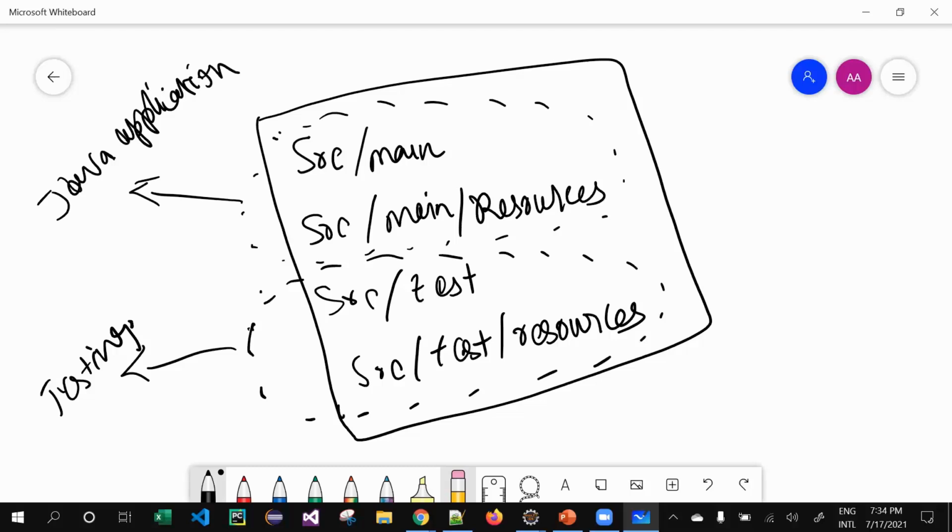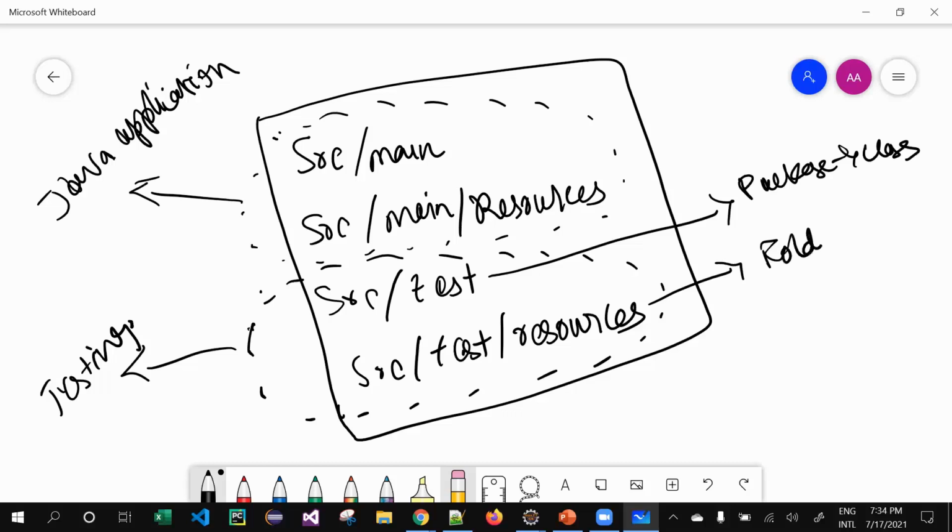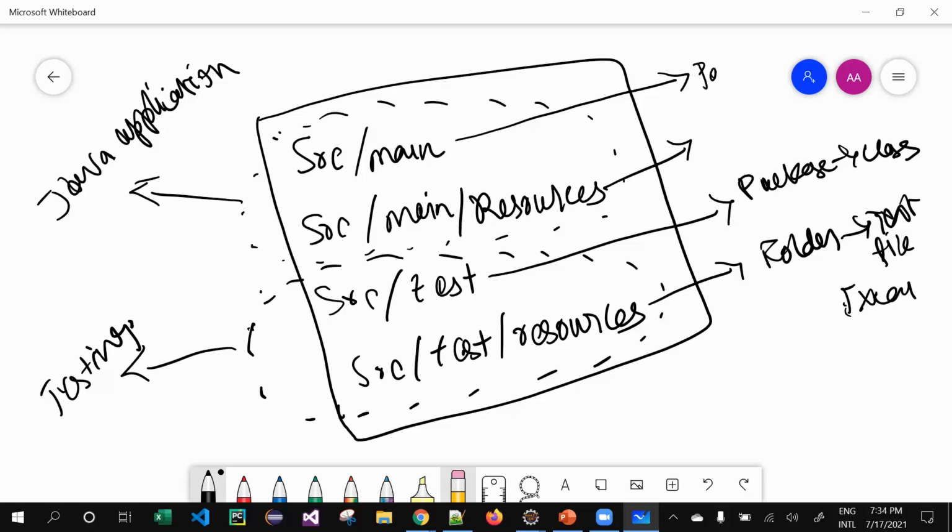Okay, so test will have a package, and inside a package we can have class files, and resources will have a folder, and inside a folder you can have a text file, Excel sheet, or anything. The same applies for your SRC main and SRC main resources as well. So SRC main will have a package, and it can have a class, and main resources can have a folder.